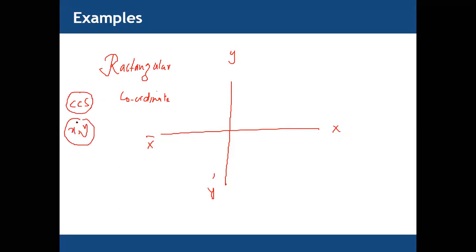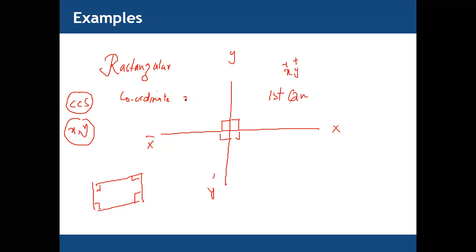Yeah, the XY plane. You know that these axes are 90 degrees to each other. As you know, in a rectangle all angles are 90 degrees. Therefore we can say this is a rectangular coordinate system, rectangular by name from rectangle. This is called the first quadrant. In the first quadrant, X and Y both are positive.